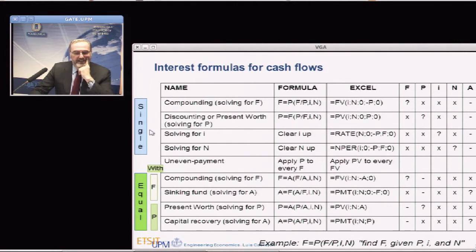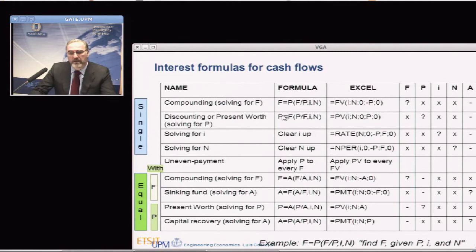Okay, let's go to see the single payment, which are the first four rows. We know the formula for compounding. So we know the present value, we know the number of periods, the term of the investment, we know the interest rate. What we don't know is the future value. And also, there is another variable we can consider in this kind of formulas, which is the periodic payment,